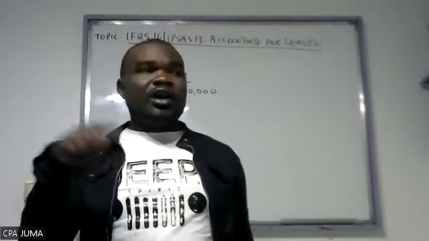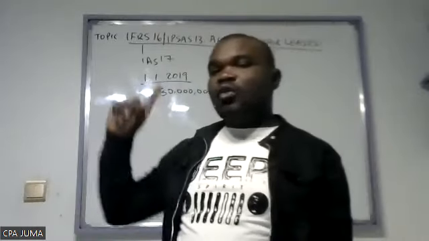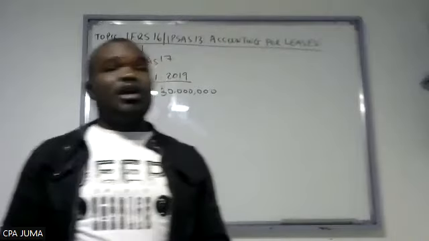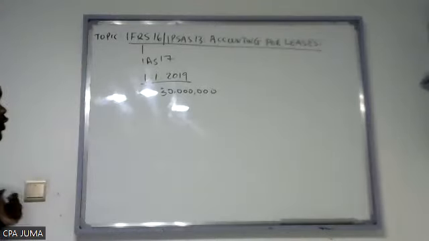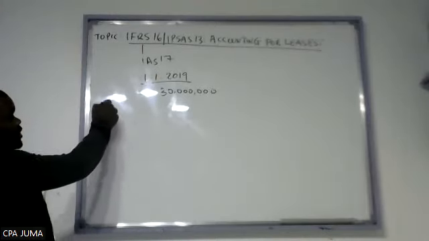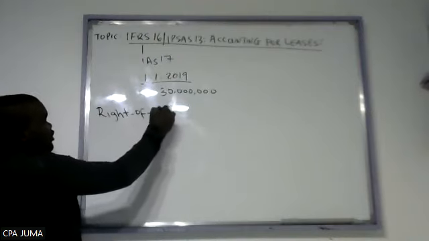Again, when you go to IAS 16 on property, plant, and equipment, the asset which you recognize should be an asset which is owned by the company. But you see here the title of ownership will not even come to you at the end of the lease period. So we don't recognize the premises or building in our financial statement. If you are the accountant or auditor, make sure you put this in practice. So what you do, you will recognize what we call right of use